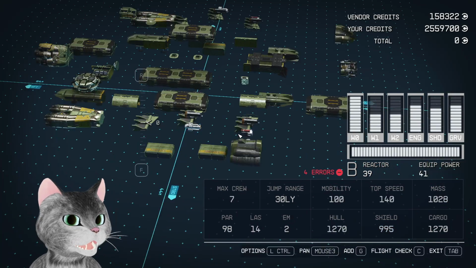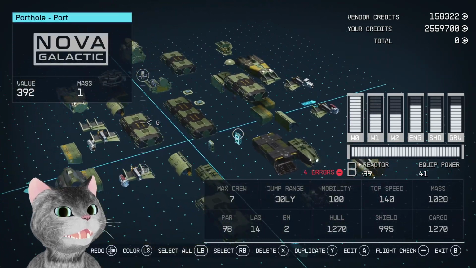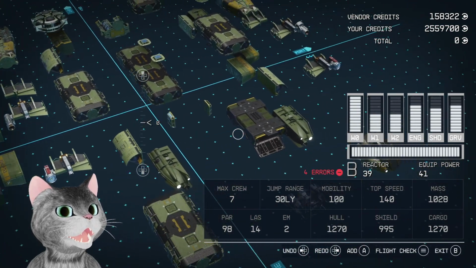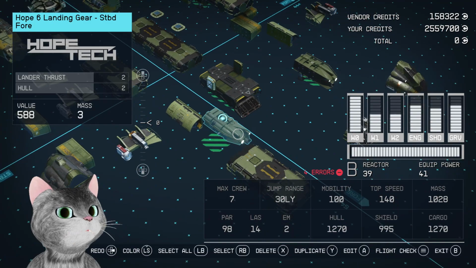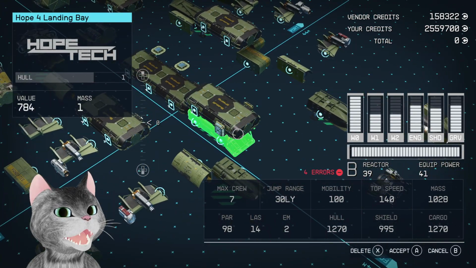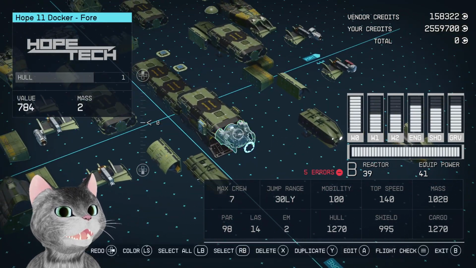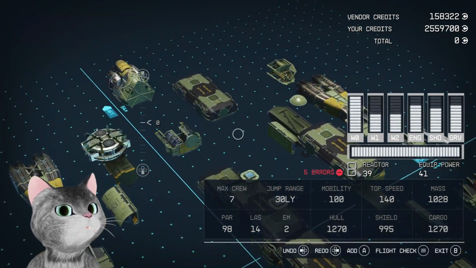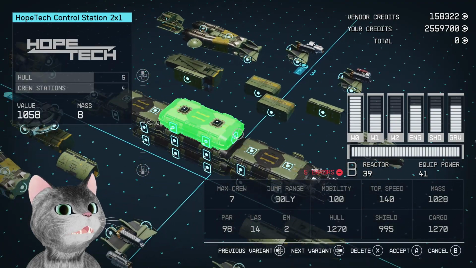Alright, we have exploded the ship. Let us now reassemble it using only the engineering bay as reference for what goes where. I know that thing's going to go generally in front. So, our living quarters, right there, and at the bottom of the living quarters, that thing, and of course, we have our front little nose piece, and then we have an all-in-one berth, and then we have a Hopetech captain's quarters, and then we have...